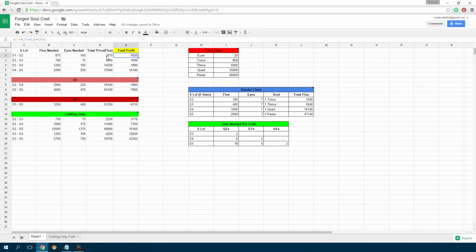You have the total flux needed right here, plus the eyes needed times the price that they are in the price chart, for the total price in flux that you're going to need to upgrade from the level on the left to the level on the right. And then the total profit is the total flux you get for vendoring an item. So this is including, again, no other guide does this, the flux plus the eyes times the eye price plus the soul price to make the total price,